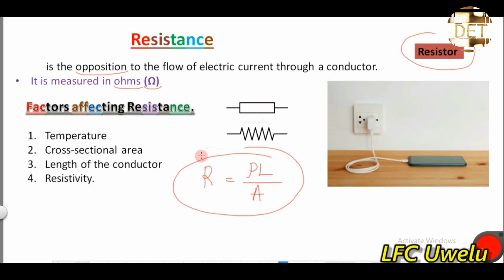The other physical conditions they're referring to here are the cross-sectional area, the length of the conductor, and the resistivity. So provided these factors remain constant, electric current flowing through a conductor in an electric circuit is directly proportional to what? The potential difference,